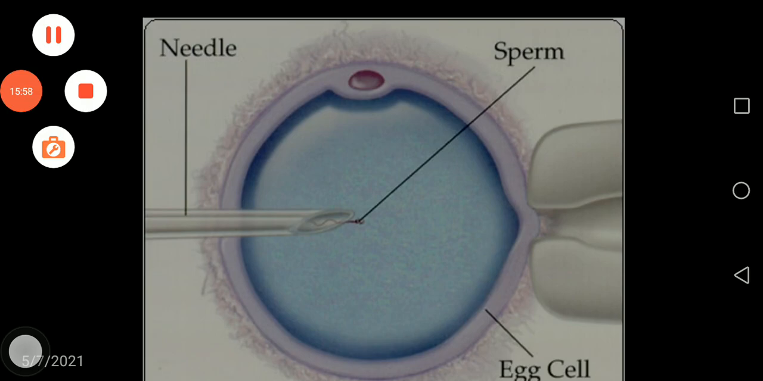You can go through it. Today we saw what ART is and the different technologies used in ART. We have completed it. Just go through it today itself. If you have any doubt, you can